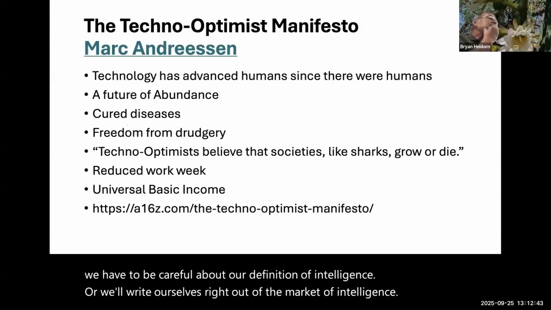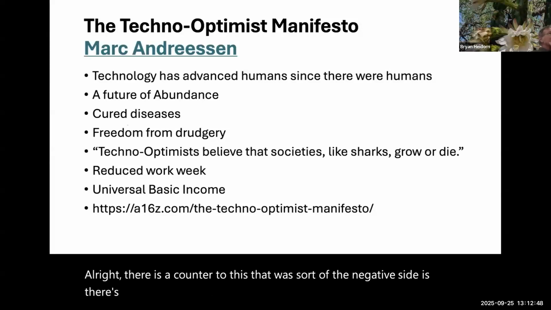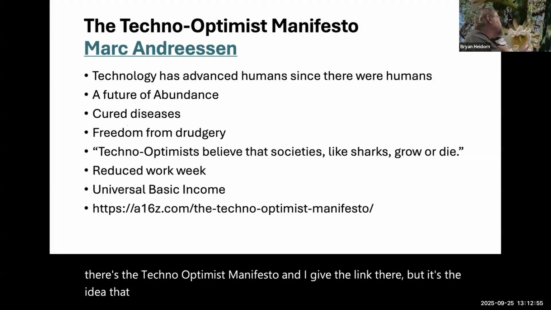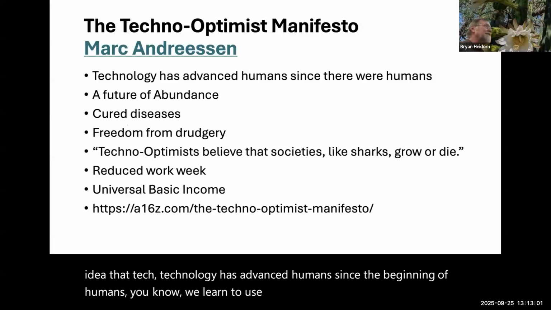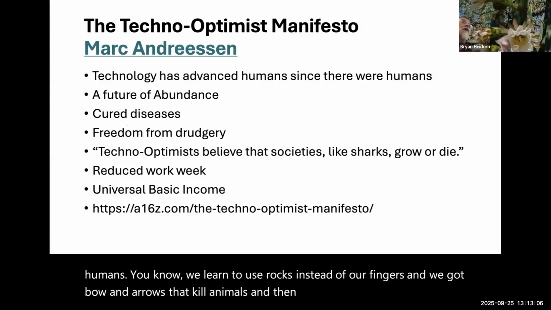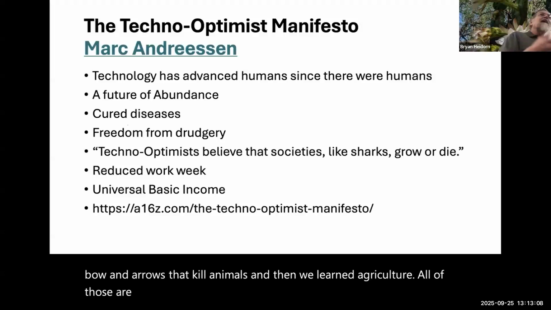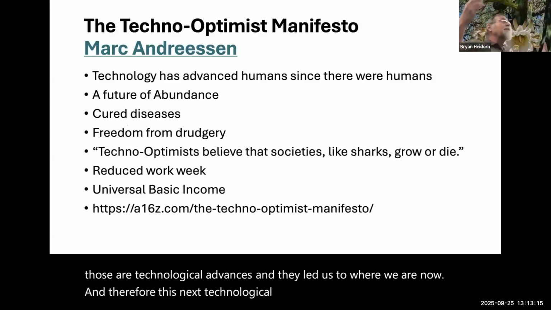All right. There is a counter to this. That was sort of the negative side. There's the Techno-Optimist Manifesto, and I give the link there. It's the idea that technology has advanced humans since the beginning of humans. We learned to use rocks instead of our fingers, and we got bow and arrows to kill animals, and then we learned agriculture. All of those are technological advances, and they led us to where we are now. And therefore, this next technological advance is going to be good,